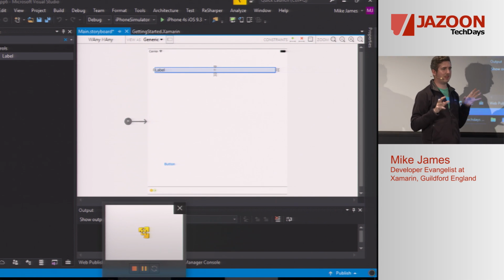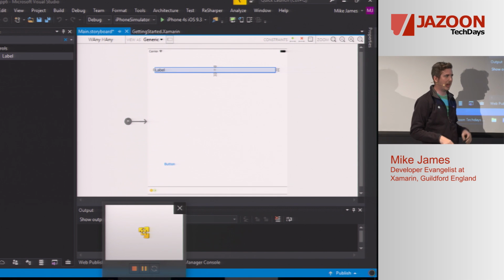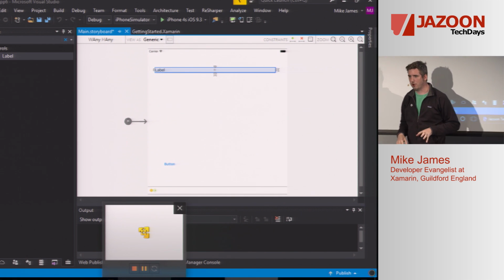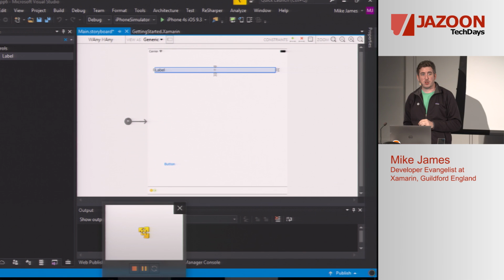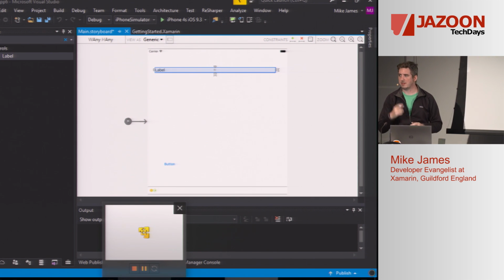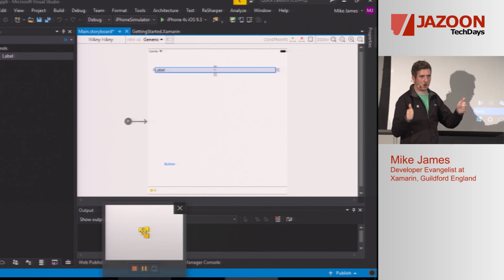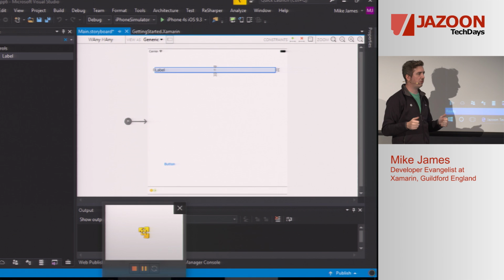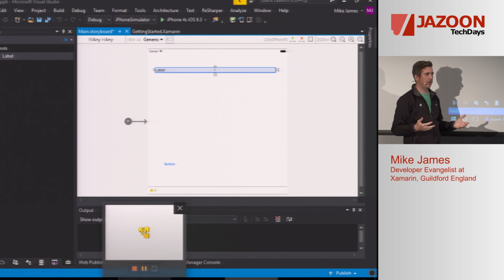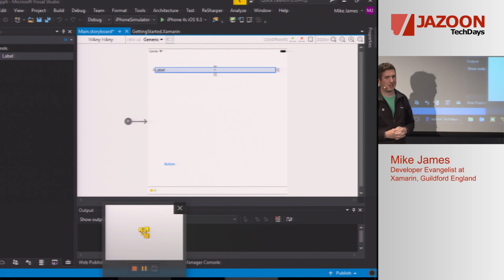Now, the thing with auto layout is it can be pretty difficult for people to get started with. It's very easy to get errors in auto layout. It doesn't matter what technology you're using. If you're using auto layout, the first few times you're going to get it wrong. The best bit of advice I can give you is every single control within your view needs 4 things. It needs an X, a Y, a width, and a height. If it's got those 4 things, you've got a valid auto layout. If it's showing orange anywhere, it probably means you've missed off one of those key essential ingredients.